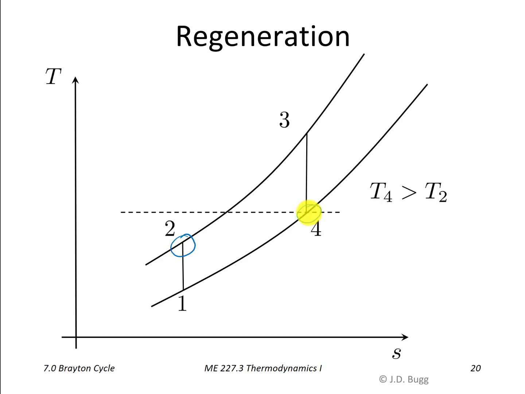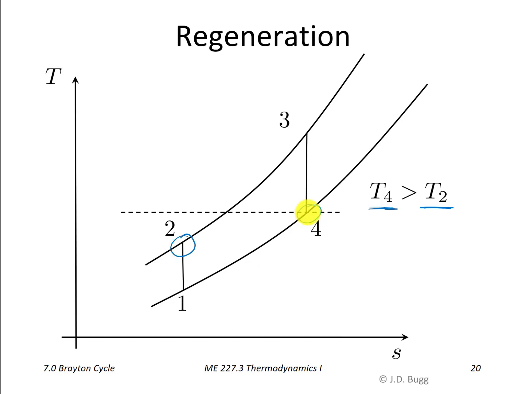So let's remember what those temperatures are. Point 4 is the exit of the turbine. So in an actual gas turbine, that would be the gases coming out of the turbine just being released into atmosphere. Point 2 is the exit of the compressor, or the inlet to the combustion chamber. So point 2 is when we're going to start adding heat through combustion typically to get up to the turbine inlet condition. Well, the key thing here is that if T4 is bigger than T2, which it is in this illustration, then we can